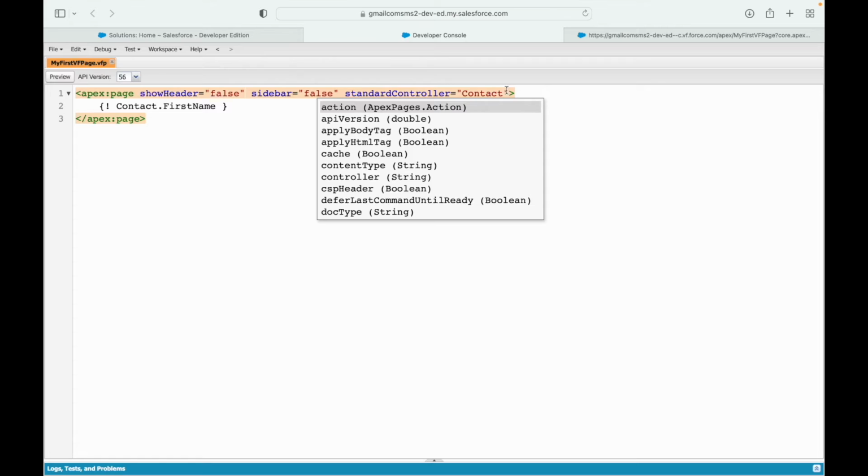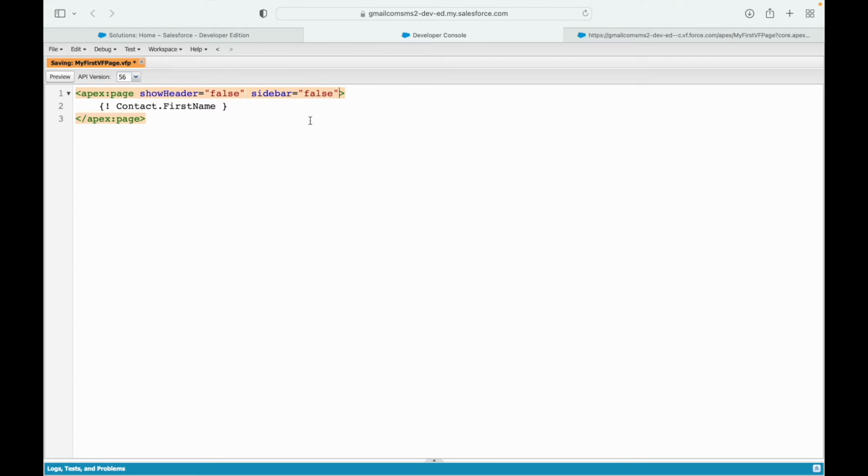But what if I remove the standard controller from here and say save now? This shows an error, right? So this contact collection attribute that we get is only because we have defined the standard controller as contact. So the page is intelligent enough to understand that this should be contact.firstname, which means they want to access the first name of a contact record. Similarly, I can get the last name or any other value of that sort from the contact object, right? I could have the phone information,